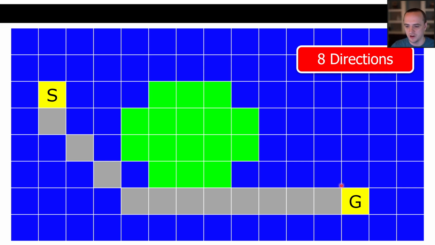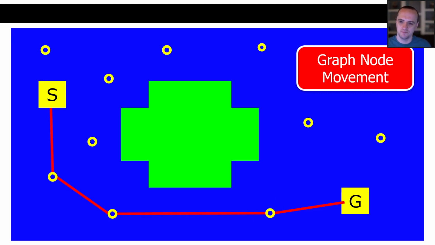Here we have another example, just like 4 directions, except we have 8 directional movement, right? So now we can move in any compass direction and the diagonals as well. So that could be our movement in the game. Next, we may have a graph representation. If we go around our environment and set up nodes in some imaginary graph, then maybe we can only walk through nodes of the graph. That may be beneficial if you have very, very large environments that you want to walk through, where maybe you can't create a grid that big because the memory would be too large or something like that.